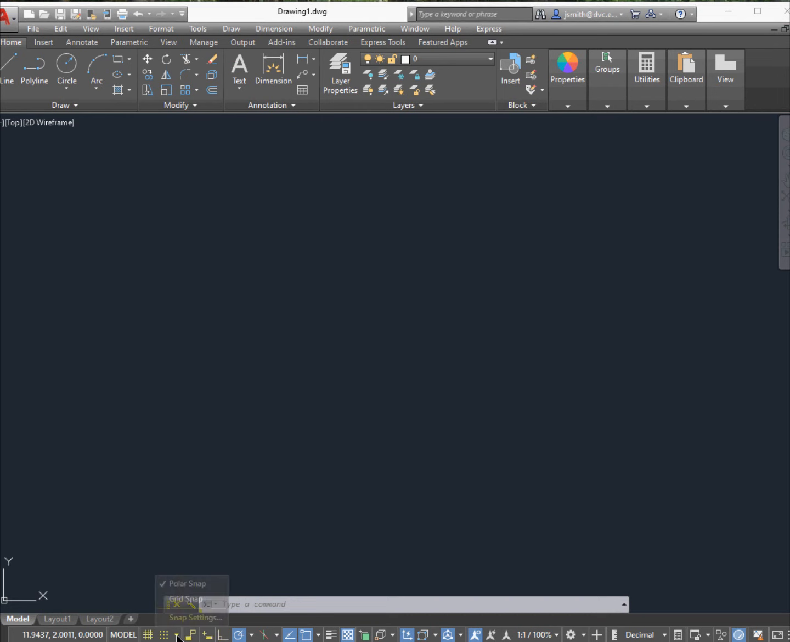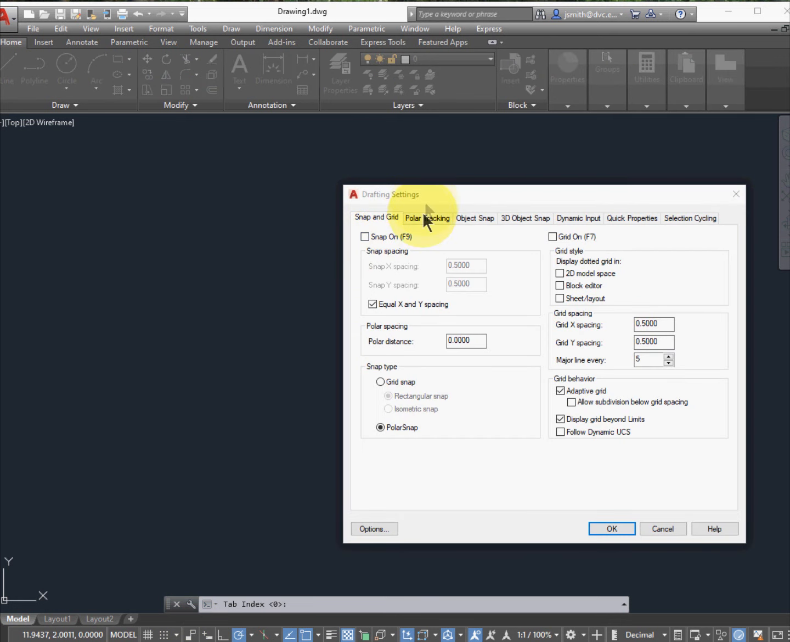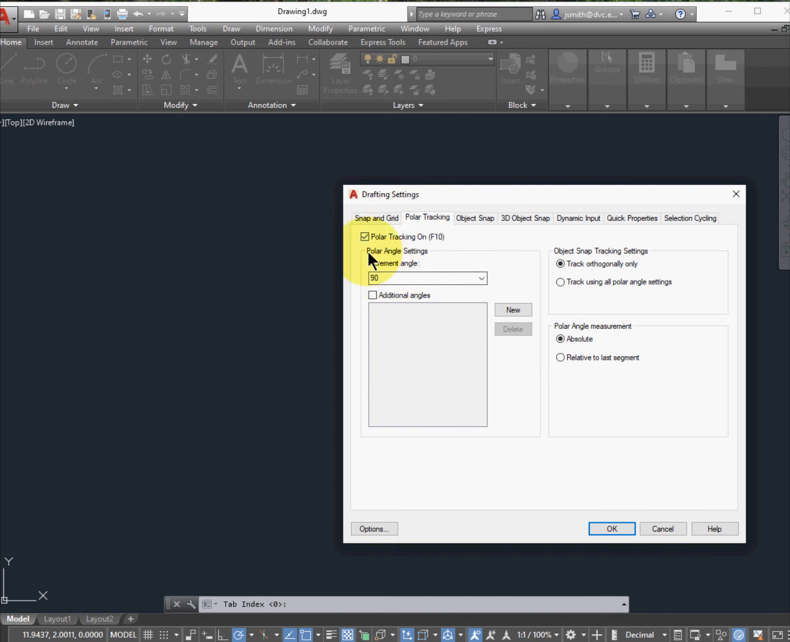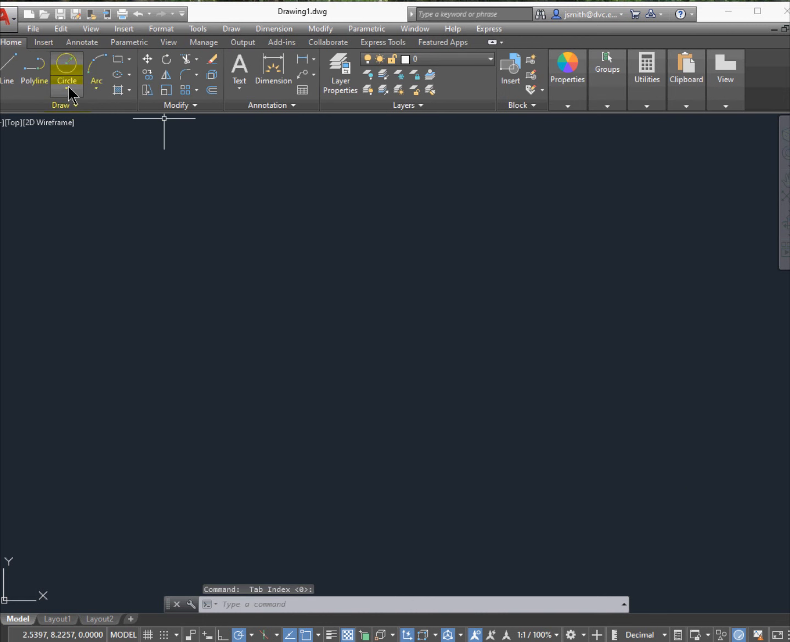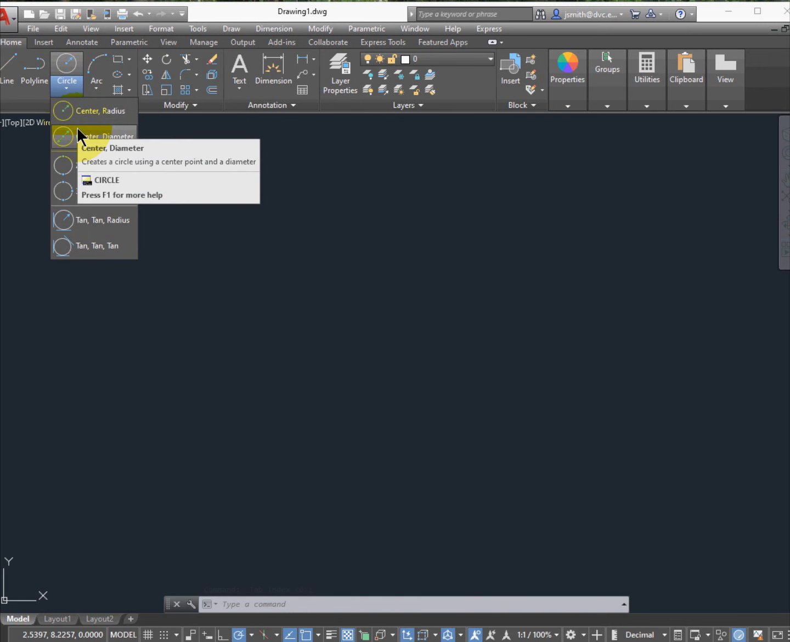But before I do that, let's make sure that we have the same settings, because these settings are really critical to constructing this drawing. So I always have my polar tracking on, and it's at 90-degree increments, my O snap, and then my object snap. All right, so I'll go ahead and go to my circle diameter,